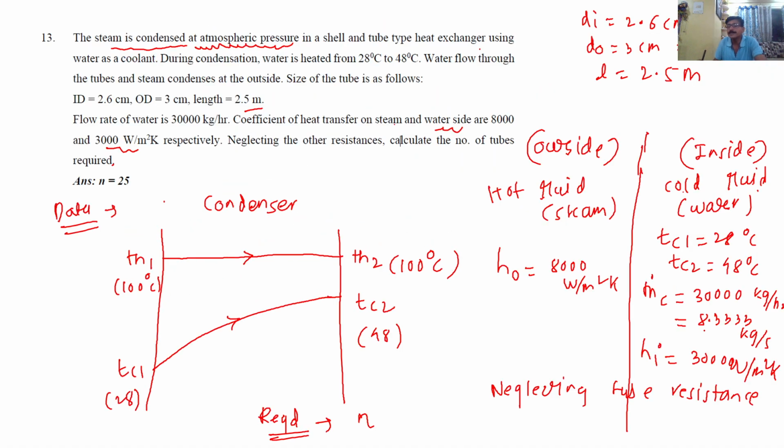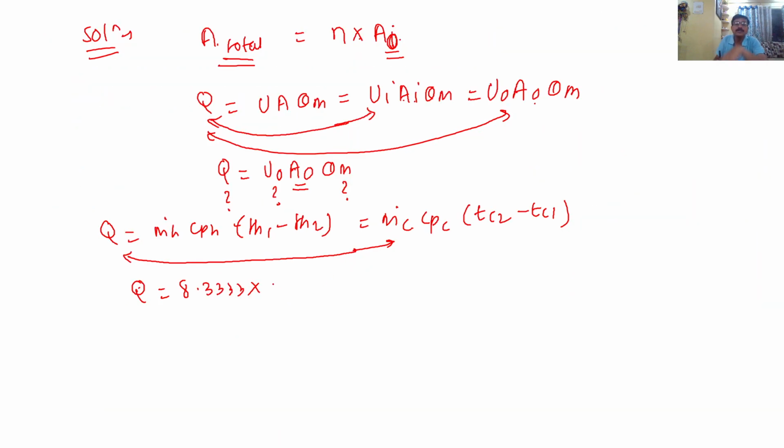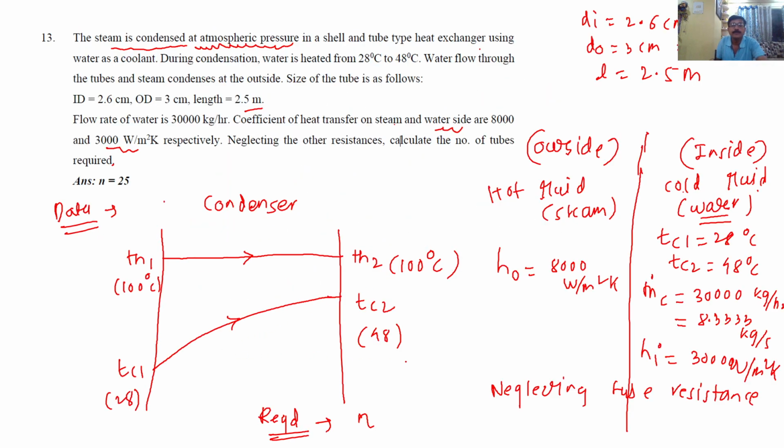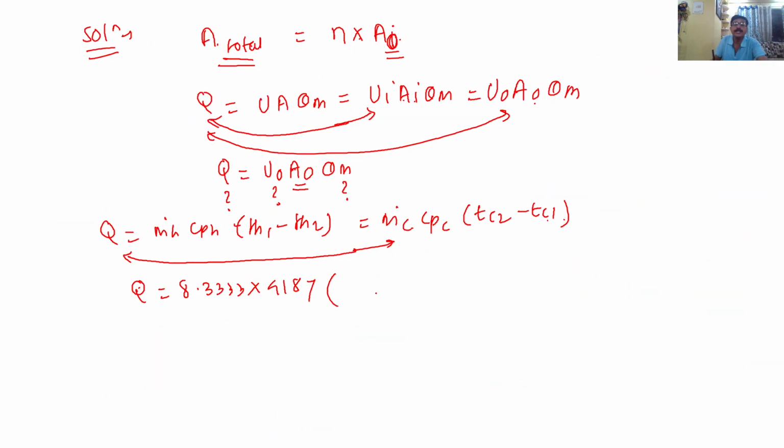What is CPc, the specific heat? What is the cold fluid? Water. For water, they have not given the specific heat. As water is a standard fluid, we must know the specific heat. It is 4.187 kilojoule per kg Kelvin, but when putting it in, you have to use joule. That's why 4187 into Tc2 minus Tc1. What is Tc2? 48, and Tc1 is 28. So 48 minus 28. So the answer of Q comes around